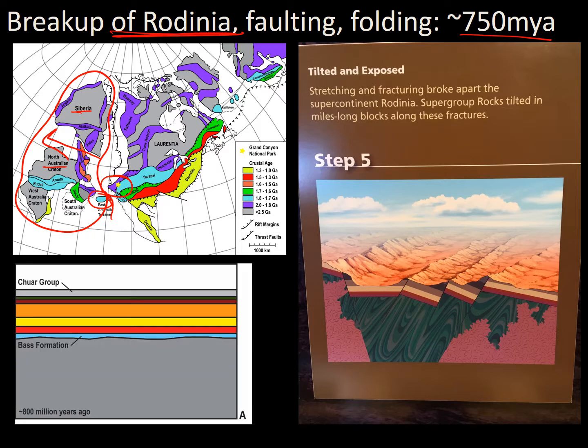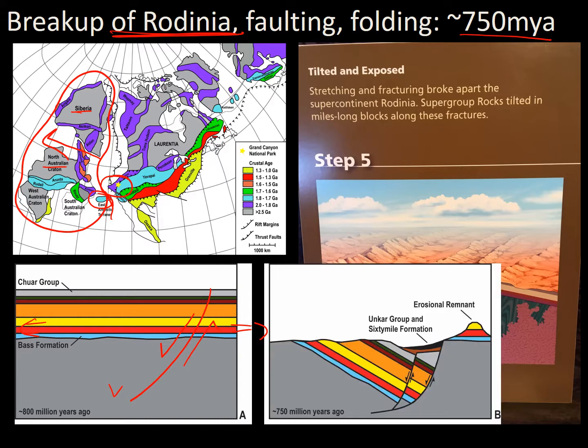So here we have the supergroup deposited on the Vishnu basement rocks here, and when you take rocks and you stretch them, in this case left-right, you form normal faults. So here's an example of a normal fault where the rocks on the left are going to move down relative to the right. So here's how that may have looked afterwards. There were a number of normal faults that formed, but here's just an example of how you take, this is the before,